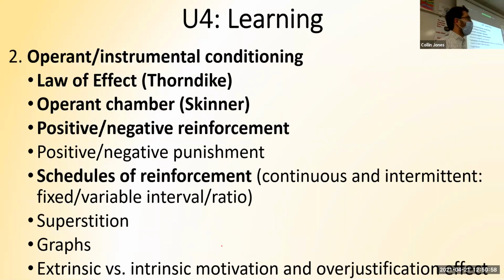All right. The second big type of conditioning, what day was this? Unit 4 day, was it day 2? Operant conditioning. It's when you choose how to operate. This is the stuff that you can control, the voluntary things. Law of effect says, if you do something and get a reward, how does that change you? If you do something and get a reward, then you will do it again. That's the law of effect. If you do something and get punished, you'll do it less. That's Edward Thorndike's big idea.